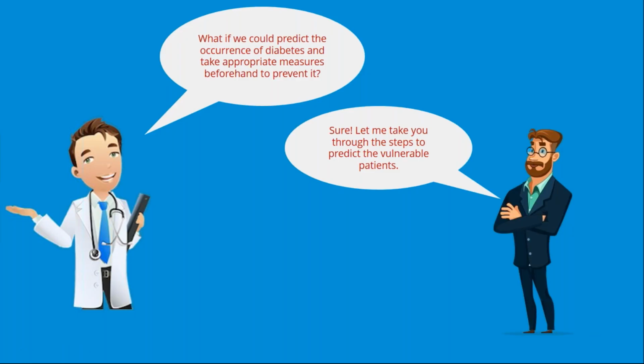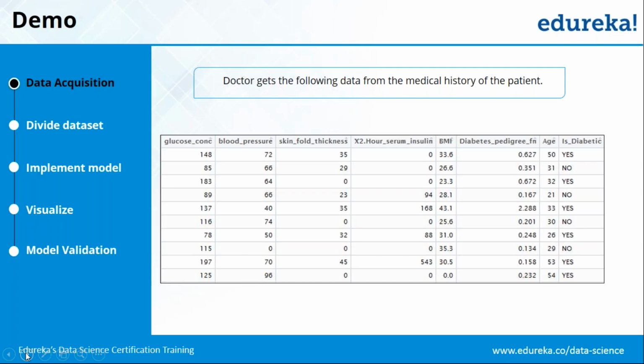Let me take you over how we can implement whatever we have learned until now in R, right? So we have a situation here where a doctor wants to predict the occurrence of diabetes beforehand so that any appropriate preventive measures can be taken beforehand itself. Now let's see how data scientists can help in predicting the occurrence of diabetes by making use of random forest, right? The first and foremost part while implementing any sort of algorithm is the data acquisition,